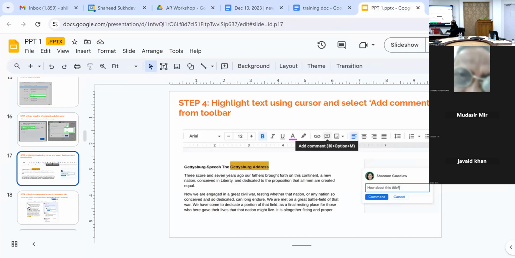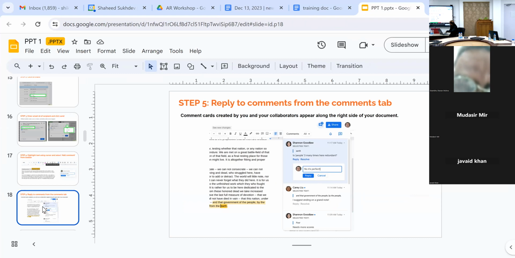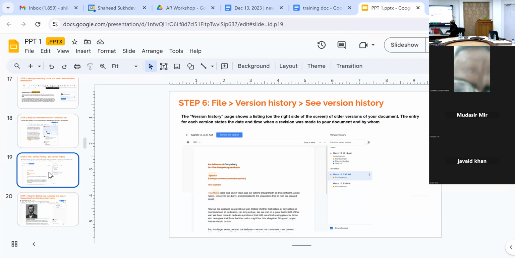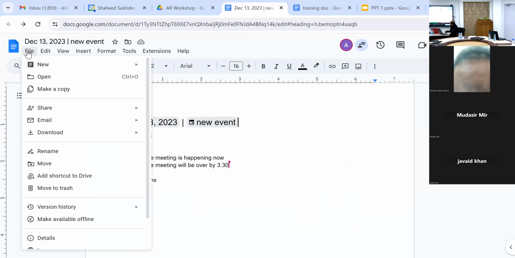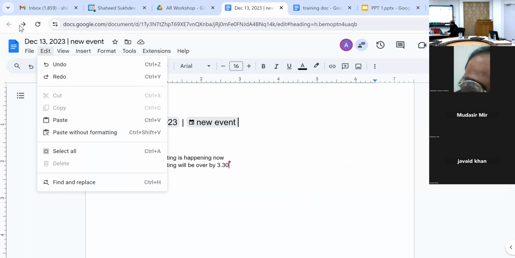Okay, so this we have done. Reply, we just showed you. Version history, right? So let us go to version history. So you click on this file, and you can see the version history here, right? Now, if I click on this,